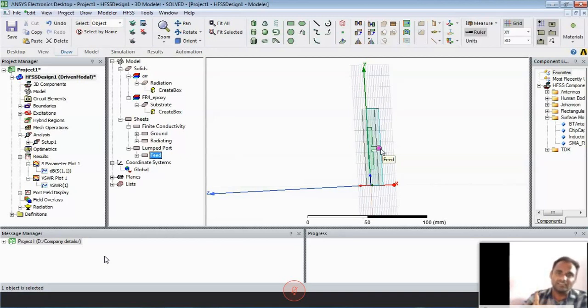So then again X and Z values are there. You put the X value as the width of the transmission line. Then Z, you already know, is the thickness of the substrate. So you should apply the thickness, so you get the exact place of the feed. Then right click on the feed, go to assign boundary, assign excitation. You should apply the lumped port, that means an RLC port here. If you give an RLC port, then the exact circuit will be ready, the exact antenna is ready for running condition, so that we get exact results for 2.4.